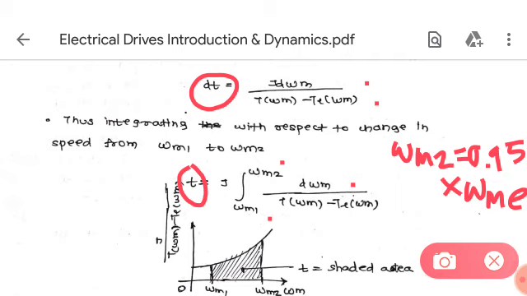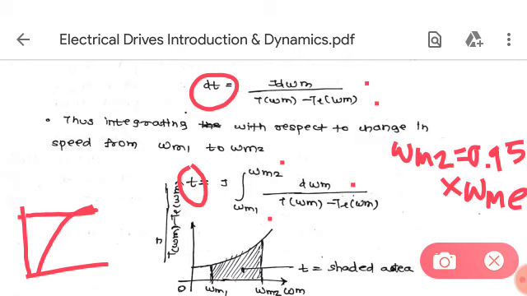Transient operation means speed change, suppose it is starting of the motor. So right from 0 to some value, if the speed is changed, suppose the final value is some 1000 rpm,